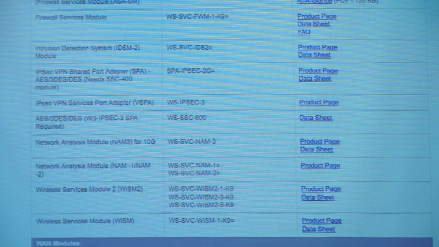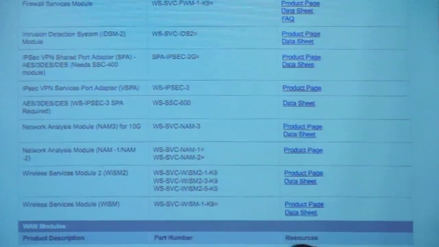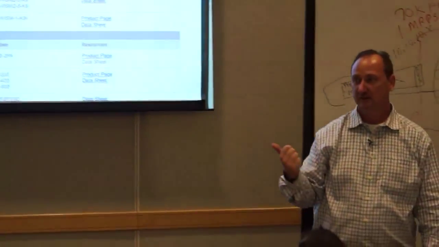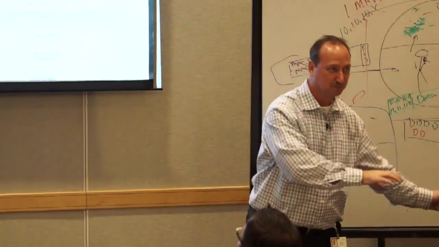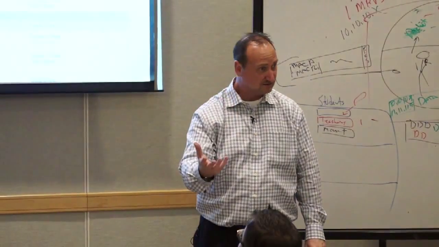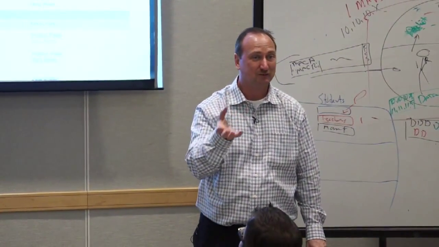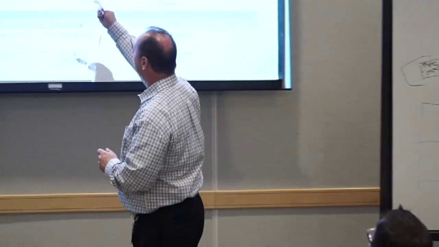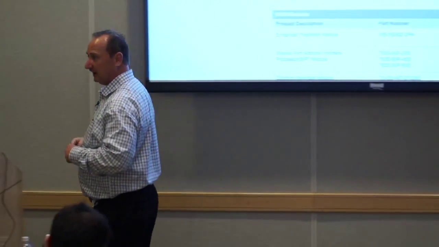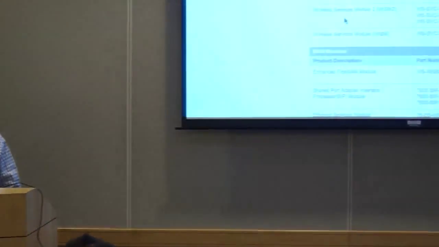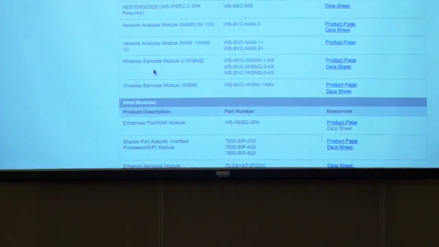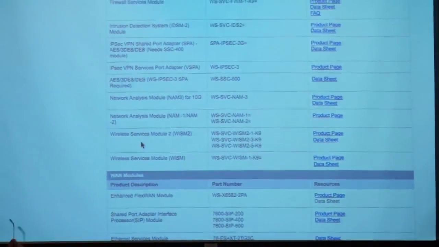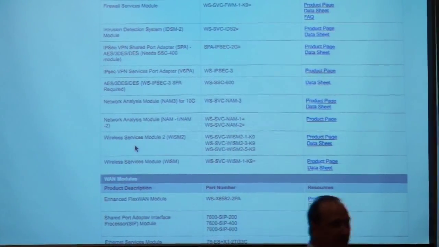Again, the ACE. The ACE does server load balancing and SSL offload in the box and can virtualize inside of this box. So it's like taking a separate box and putting it inside of it. This thing's a switch, but it's got a router inside of it, but it does this as well. You can do firewall services, intrusion prevention, VPN services, network analysis, wireless LAN controller goes inside of this box. Separate modules? There's separate modules that go in it.